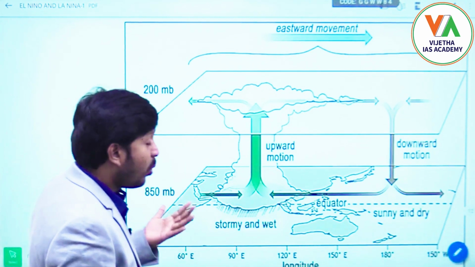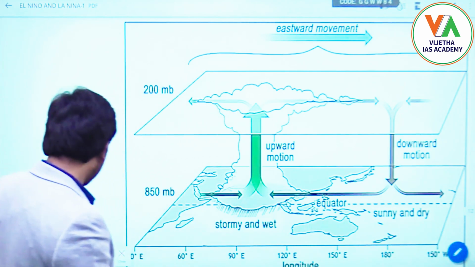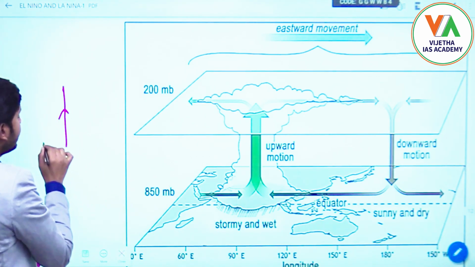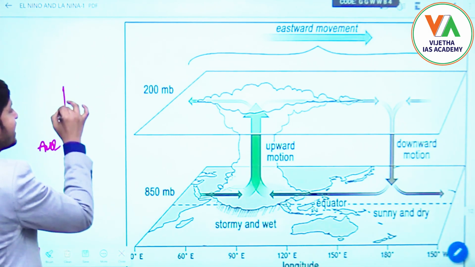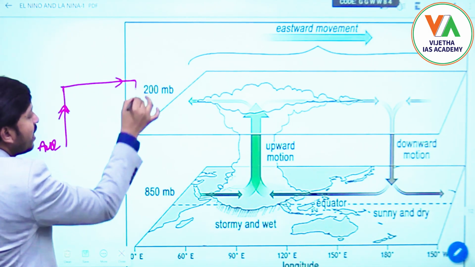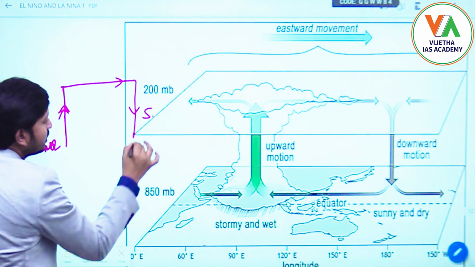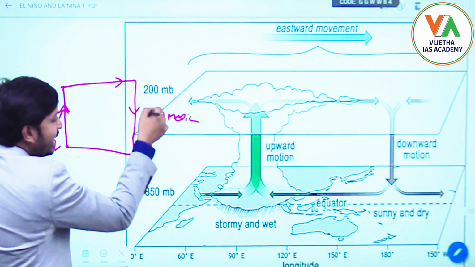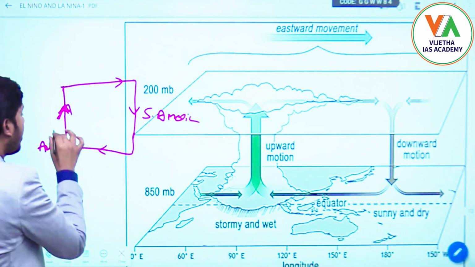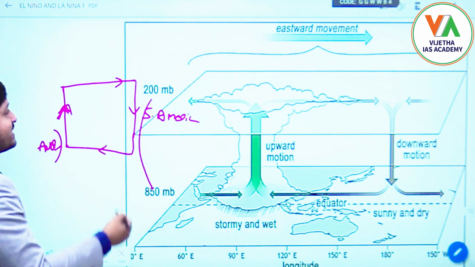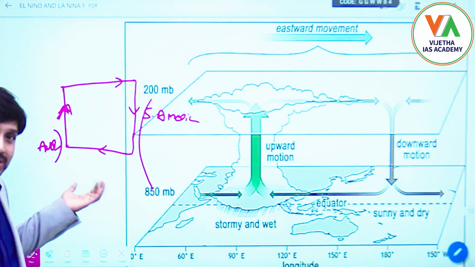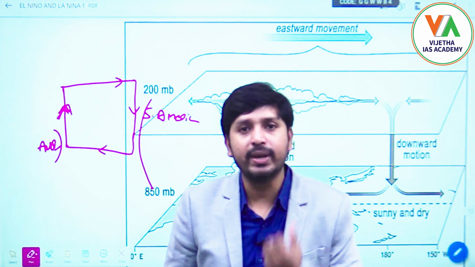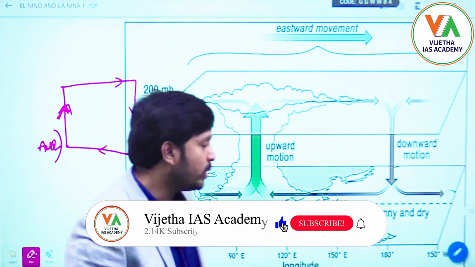So whatever Walker cycle we have seen here, this is the Walker cycle we just saw on the Australian coast. The air is rising on the Australian coast, and on the South American coast the air is descending. This is the Walker cycle, right? So this cycle is constant in normal conditions, but in the Madden-Julian oscillation,